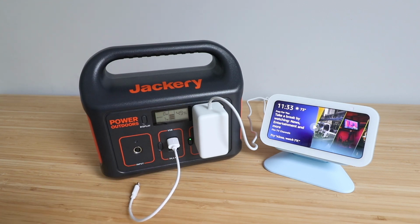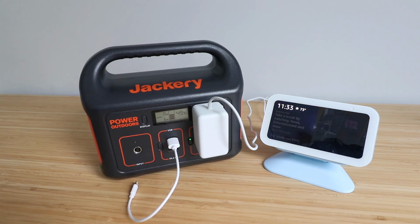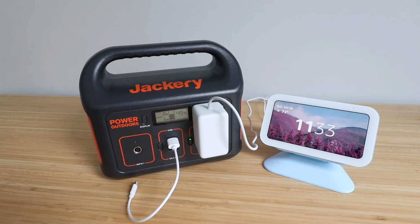You can run a CPAP machine for up to 6 hours off of this. You could run an electric blanket for 4 hours, and you can also charge a typical drone up to 4.5 times. And I think the versatility of having